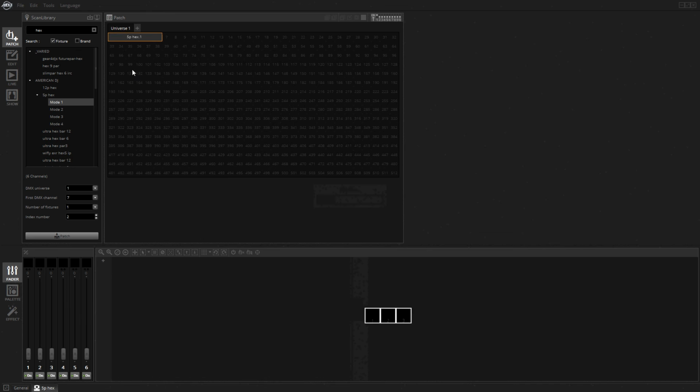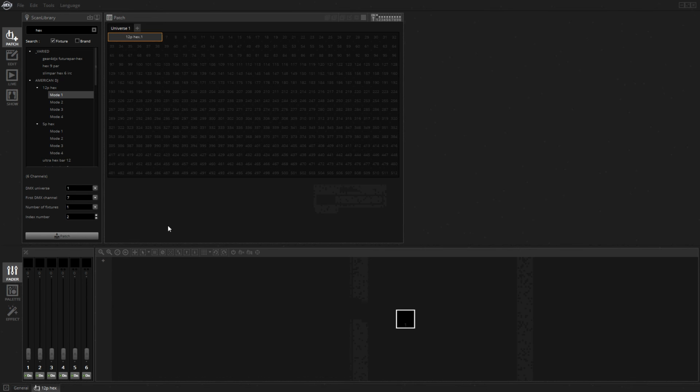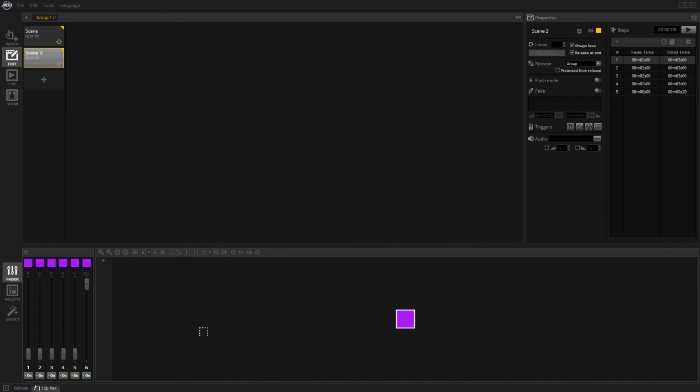It's a 12p hex on 6-channel mode. Now if I go to edit, it is literally just taking what I wrote from memory and applying it to that fixture. It wasn't dependent on which fixture I had patched. It didn't automatically patch that fixture in for me, but it's just applying the data to the channels that you've patched. So I'm going to go ahead and click play and see what I wrote